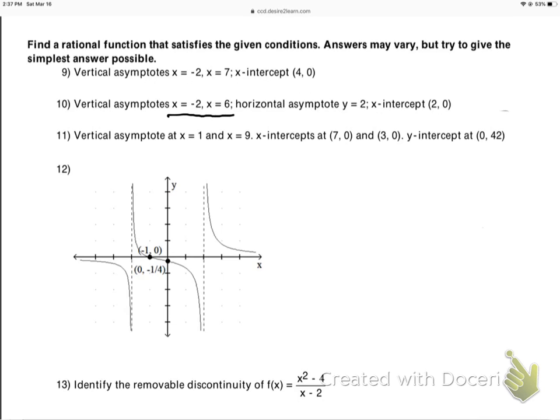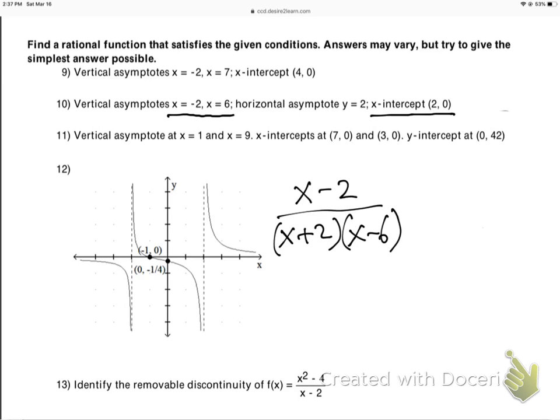Okay, vertical asymptotes, here they are. So -2 has come from x plus 2. +6 has come from x minus 6. The x-intercept of 2 should come from that, but we've got a problem here. So this is not as simple as question 9. As far as I'm concerned, that's it, but no, because this will not give us this horizontal asymptote of y